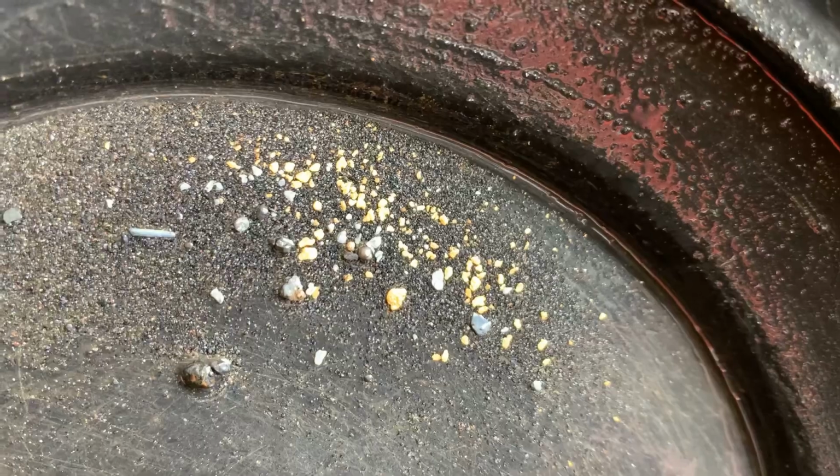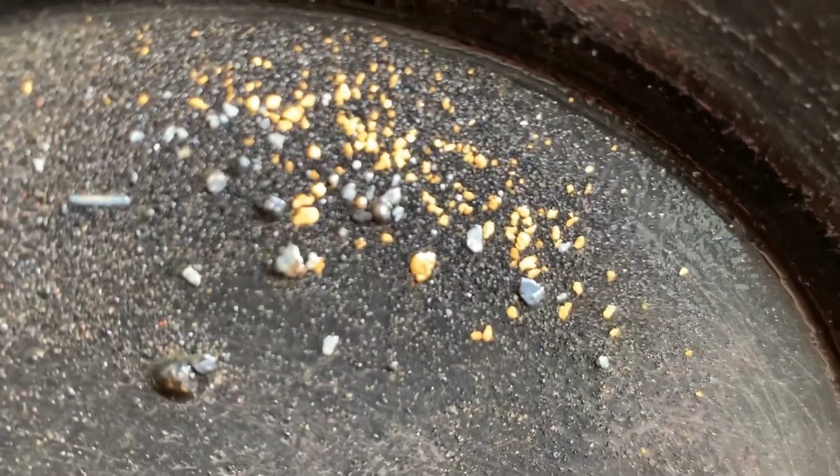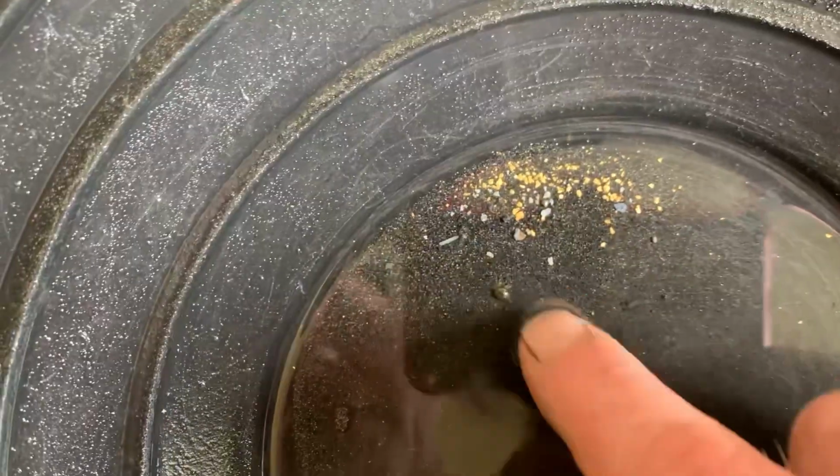There she is. There's a good sized flake there in the middle too. That one's actually a little bit thicker even. Most of it's pretty small, but that one in the middle, yeah, it's definitely got a little bit of weight to it. This one here,